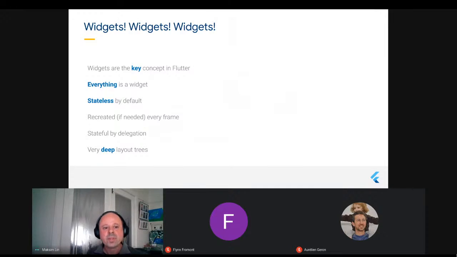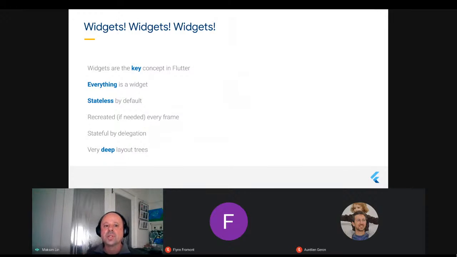State management, this keeping track of state, is a very important thing in Flutter, and there are lots of approaches to it. And finally, because everything is a widget, if you want to put padding around a widget, you put that widget inside a padding widget. And then if you want to have that centered, you put that into a center widget. What that implies is that you end up with very deep hierarchies, deep trees of these widgets that create the layout of your user interface.